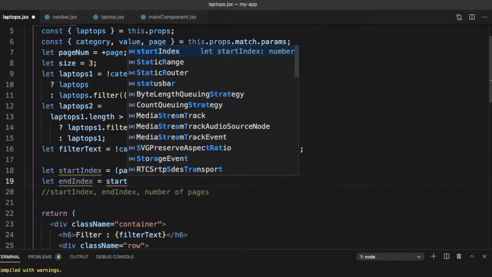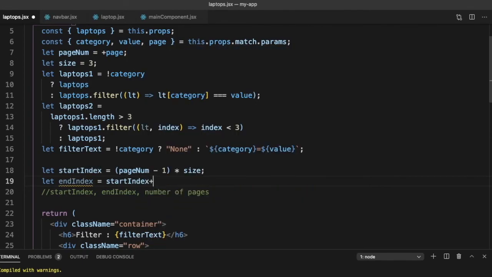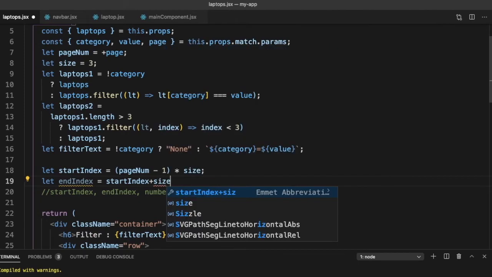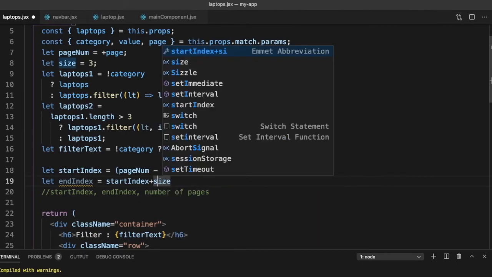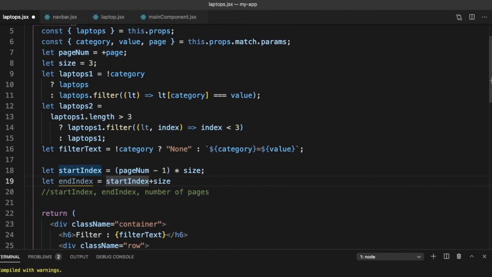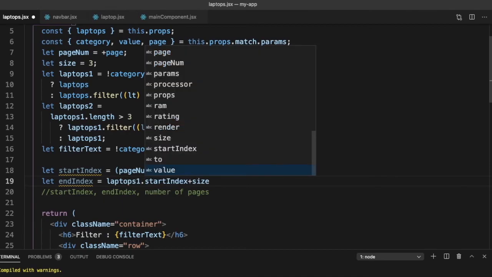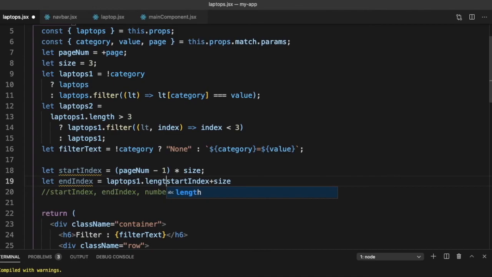If start index plus size, if the array, it is laptops 1 dot length. If this length is greater than start index plus size. Now, why should it be greater?